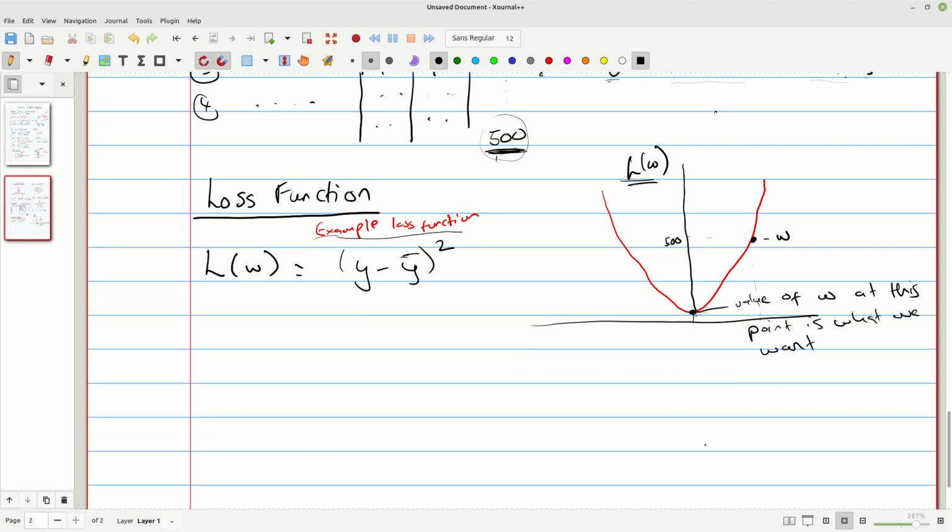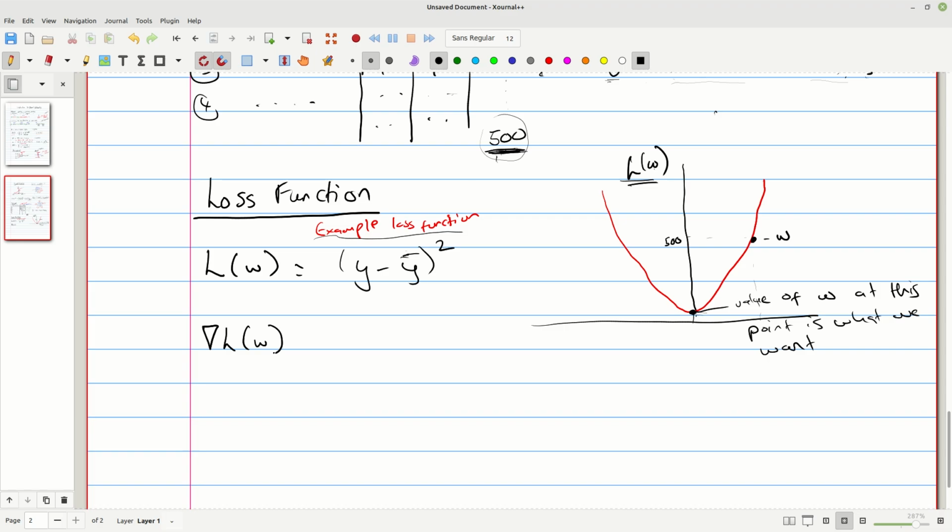But the thing that you need to capture here is, let me actually show it here. So given our W here, we are trying to minimize this loss function. The way we minimize this loss function is by taking the derivative, and then we move in a direction opposite to the gradient.